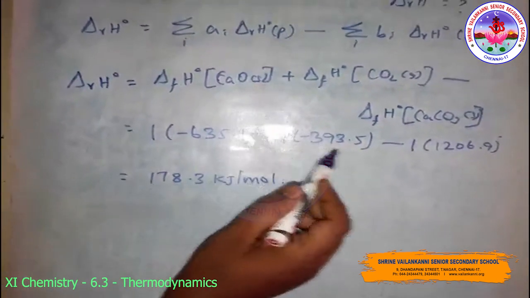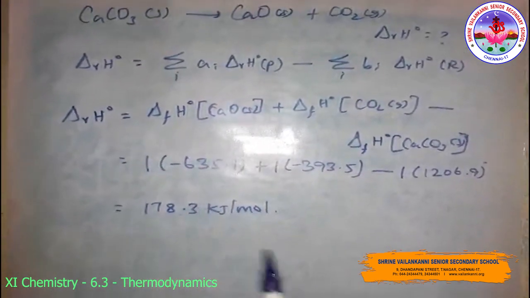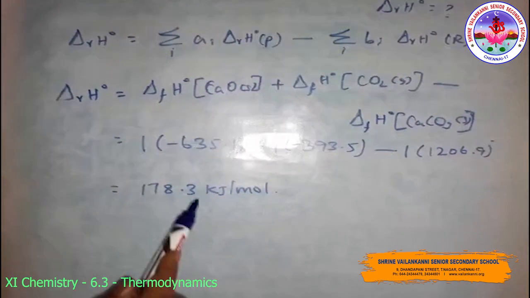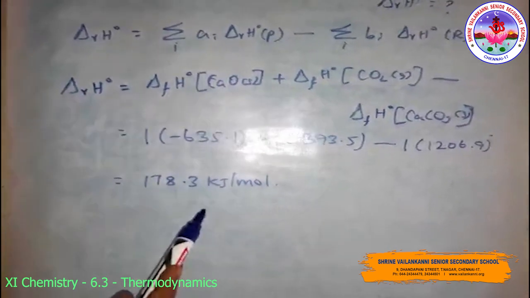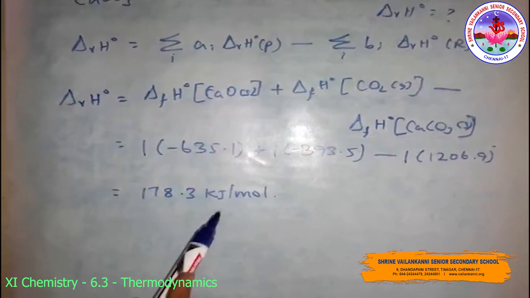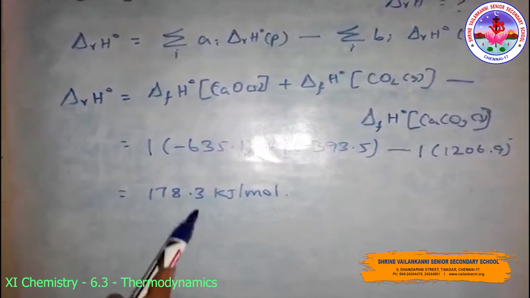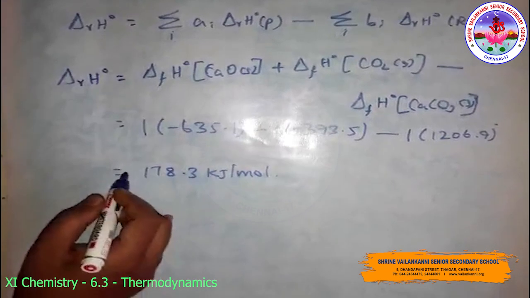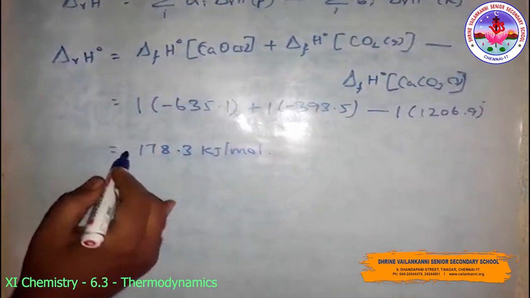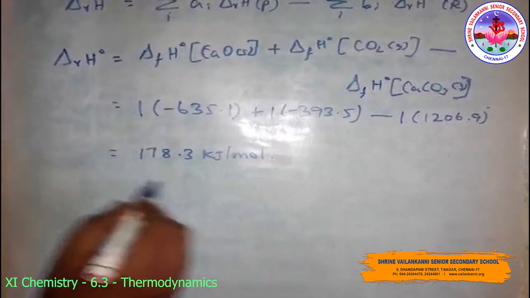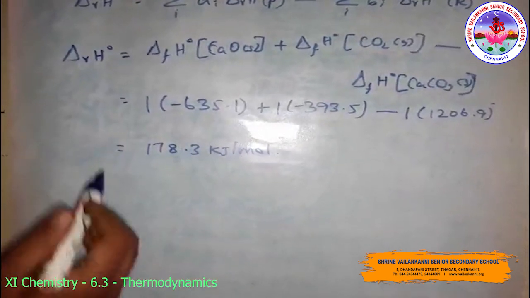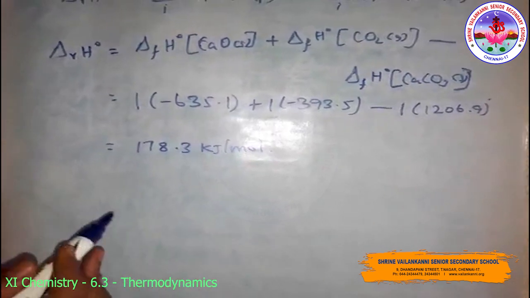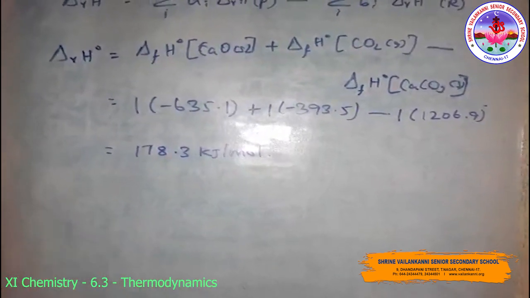So these values are given in that table. Table number is 6.2. So the decomposition of calcium carbonate solid is an endothermic process, and you have to heat it for getting the desired product. How it is endothermic and exothermic: if the delta enthalpy value is positive, this indicates an endothermic process. Suppose you get negative values, that is an exothermic process. Then the thermochemical equation.